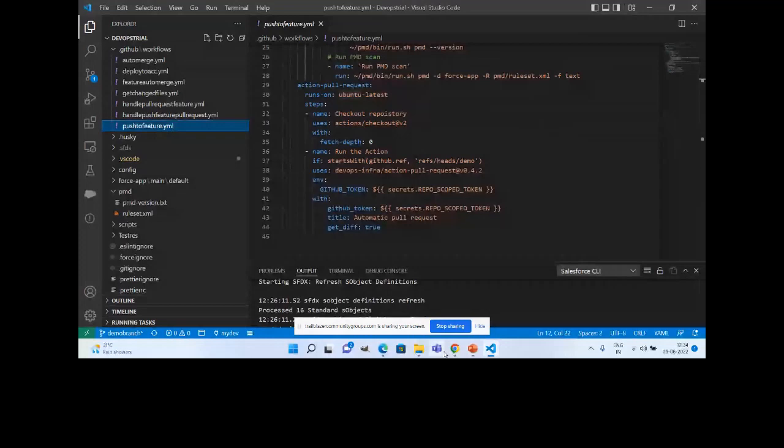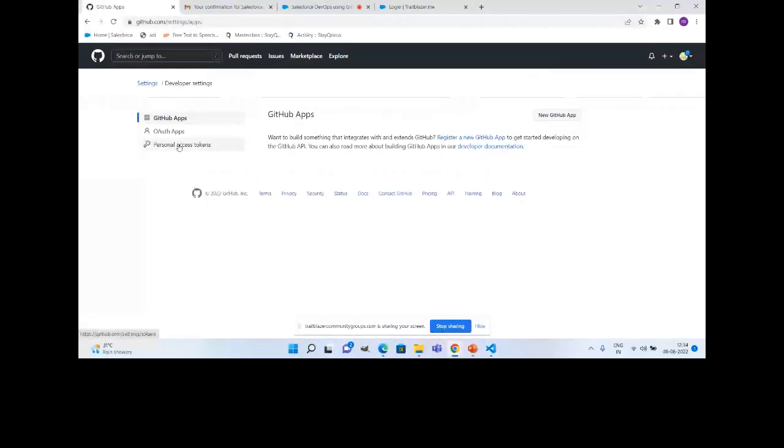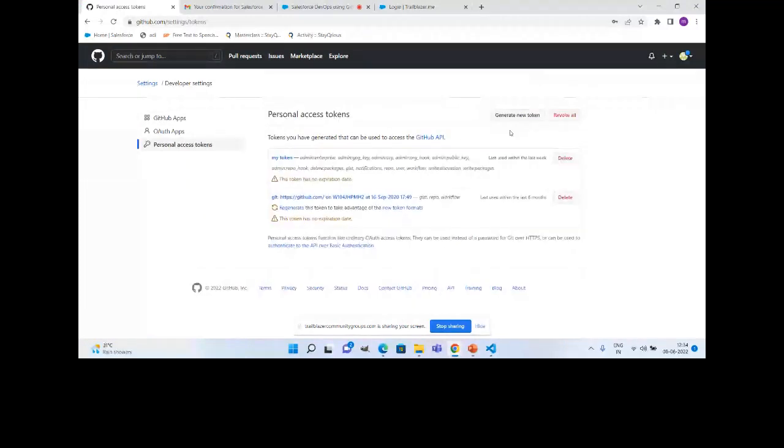Click on your name, and if you go to settings, there is something called developer settings. And from developer settings, you can see something called personal access token. You can generate a new token, and that particular token you can use to set up within your GitHub Actions. So that's what this one is doing.